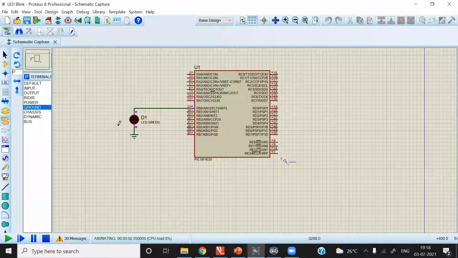Nothing is happening here, blinking is not happening. You can check here that the controller is being reset. Now I will stop the simulation, connect the pin again, and run the simulation again. You can see everything is working fine now.